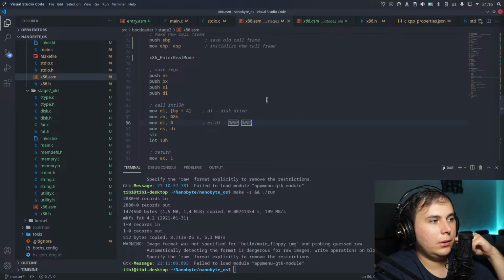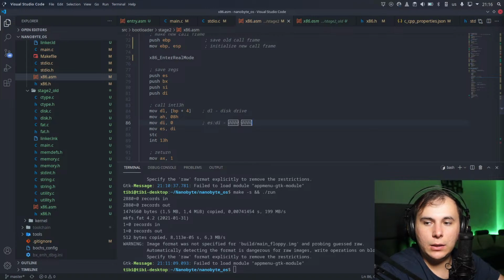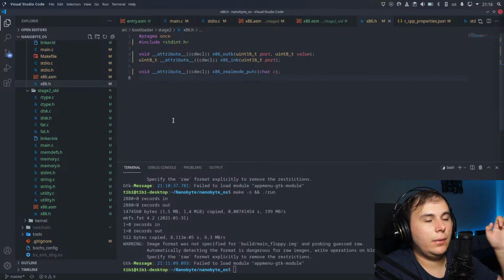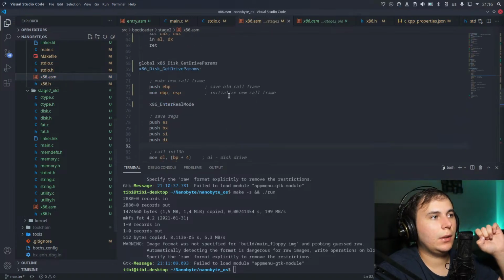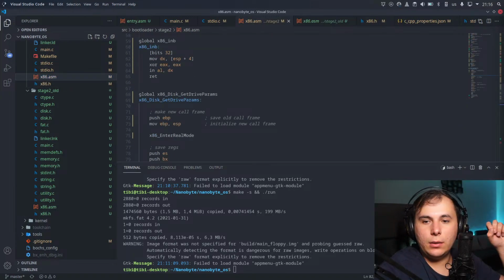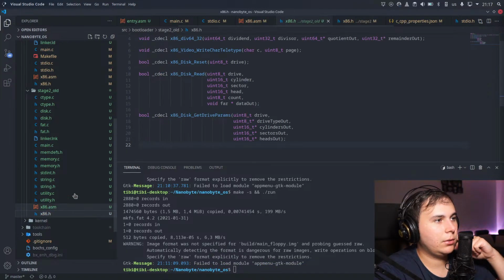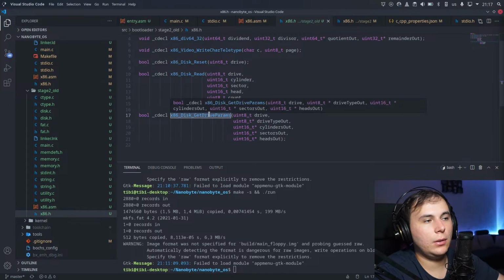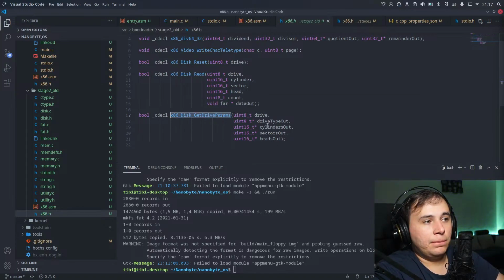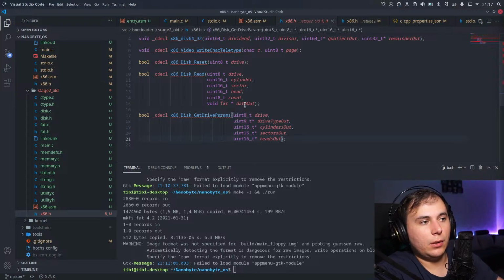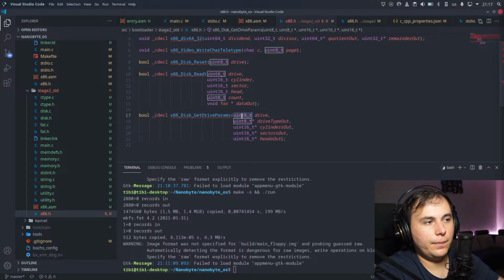Another thing that I should mention is that, okay, I haven't declared the function, but basically the parameters, if we look into the old get drive parameters, are... okay. So the parameters are now going to be, all of them, 32-bit wide, because this